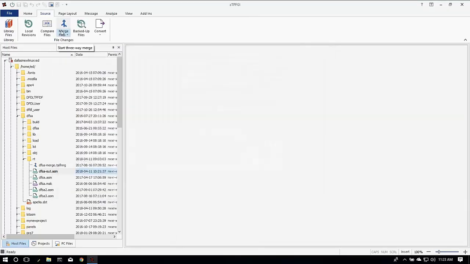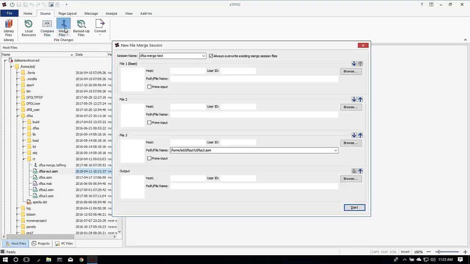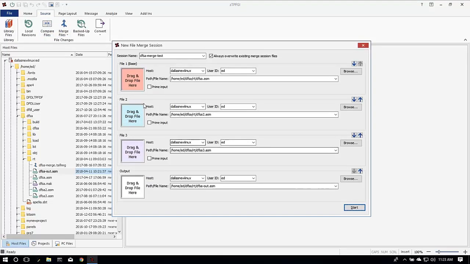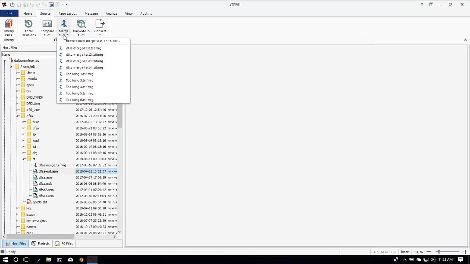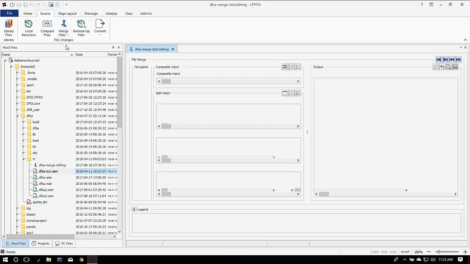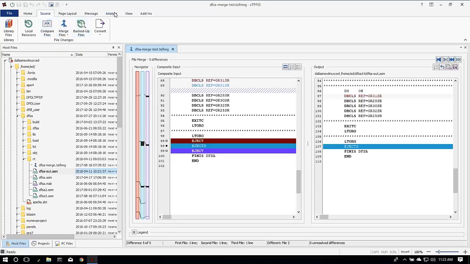So if we did that, okay, and just while I'm at this button, let me say that you can just click the top part of that button and then drag the files over without multi-selecting or selecting over here at first at all, and create a merge session there. Okay, so let's reopen that,